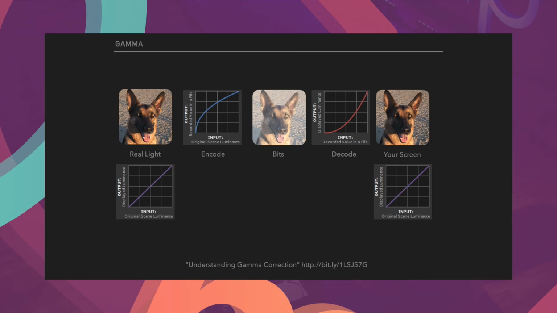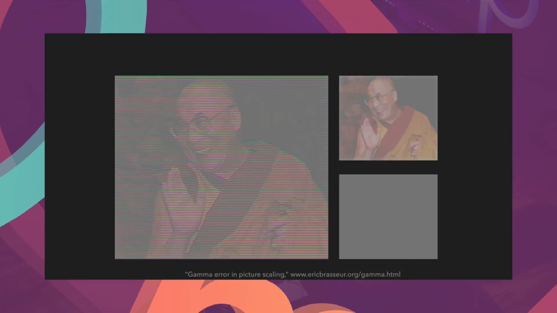Although, to its credit, a lot of it is magically abstracted away. If you aren't having to do image manipulation, you'd never know about gamma encoding. But as soon as you start having to do a combination of pixels and the math, you're probably expecting linear values, where if you take two color values and say, give me the average of the two, you're expecting to be correct. And there's all sorts of odd bugs, and I recommend checking out articles like this one, Gamma Error